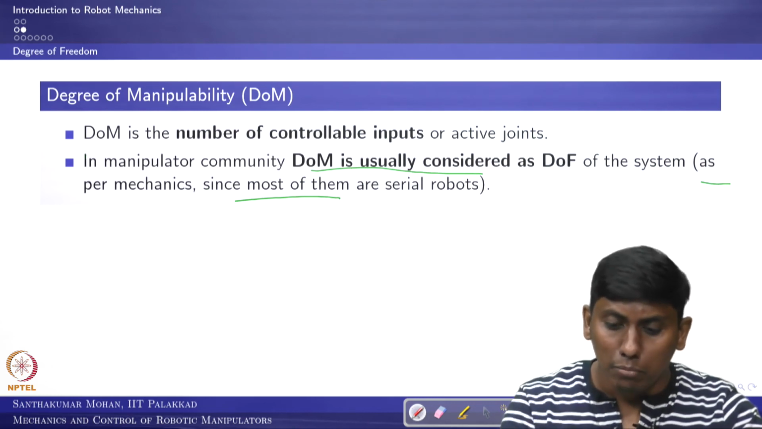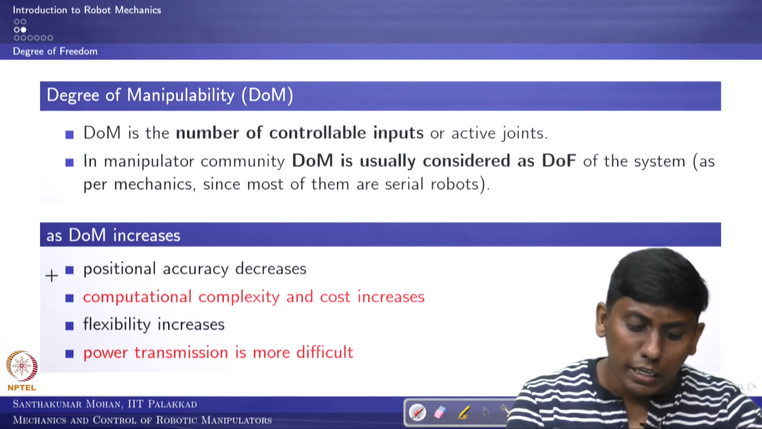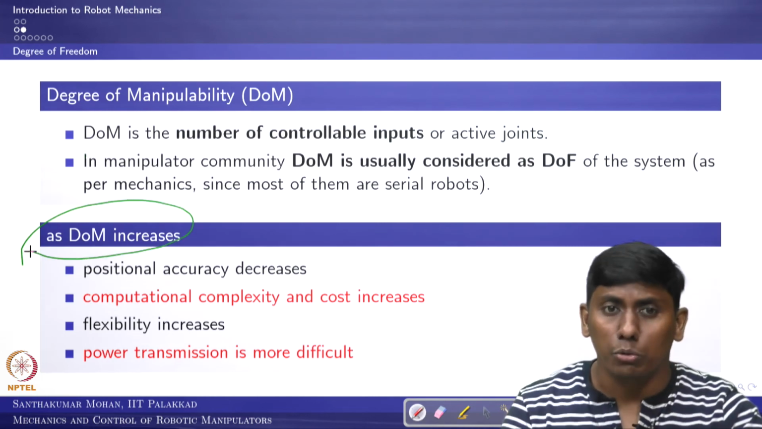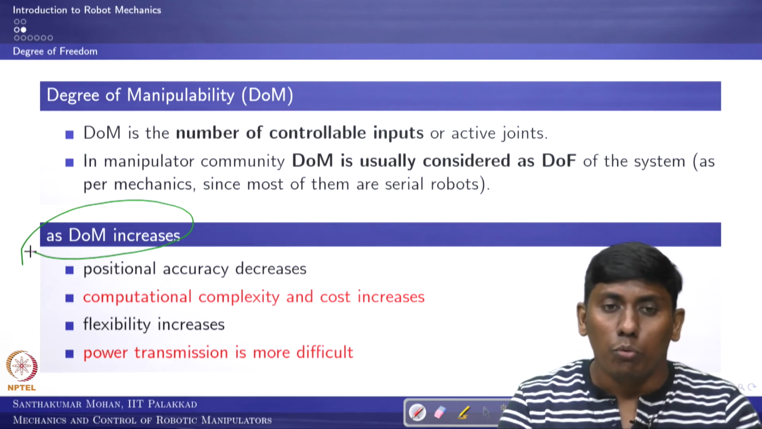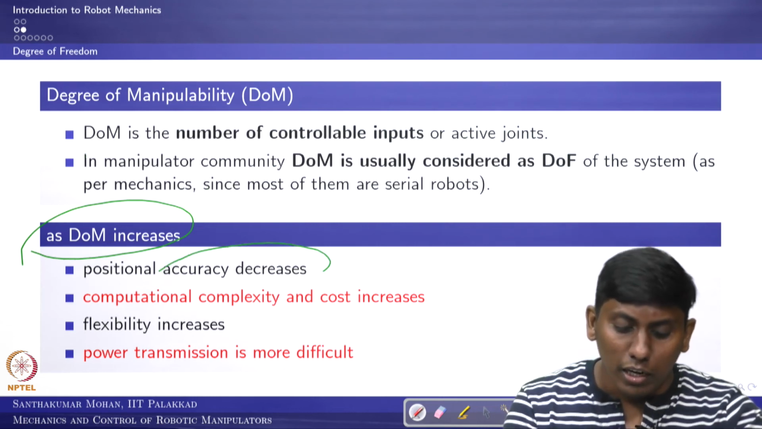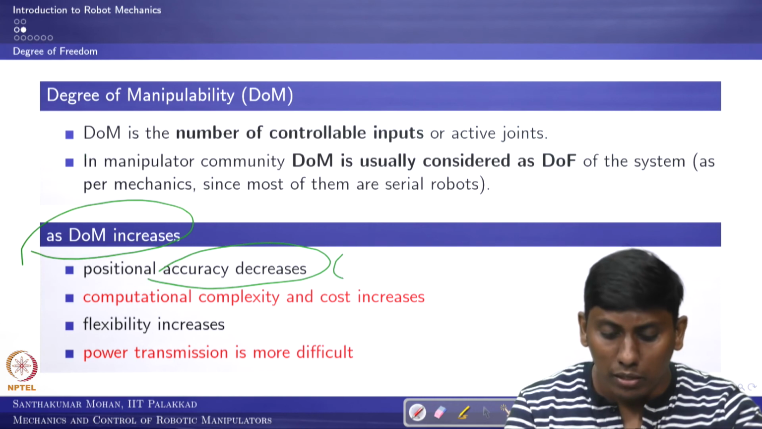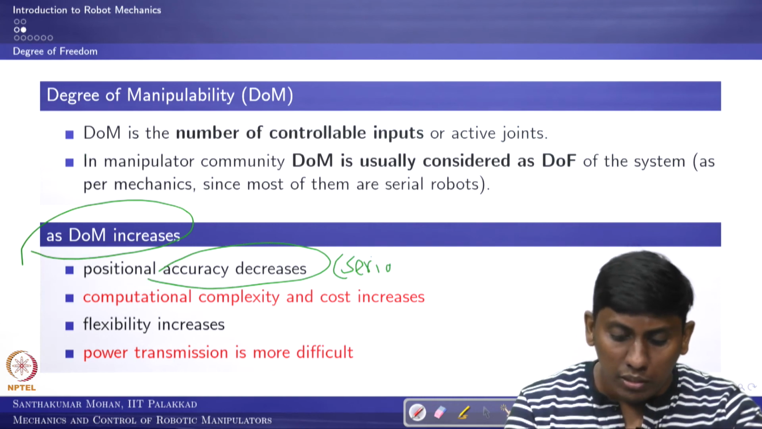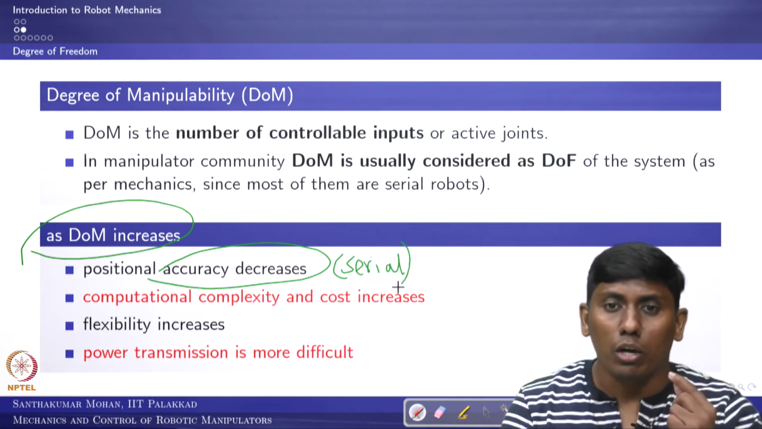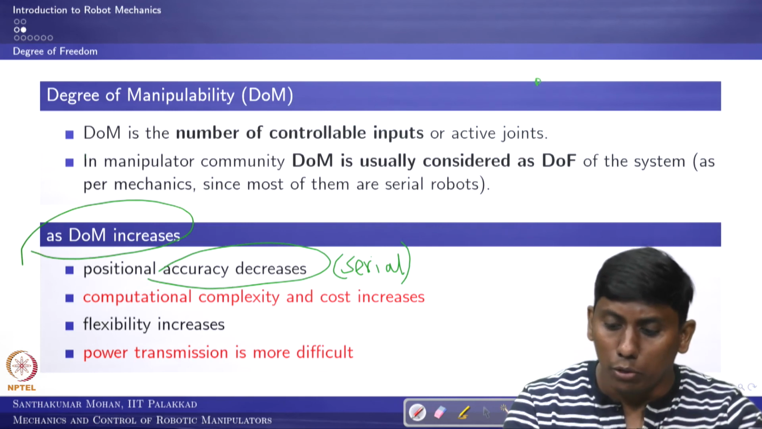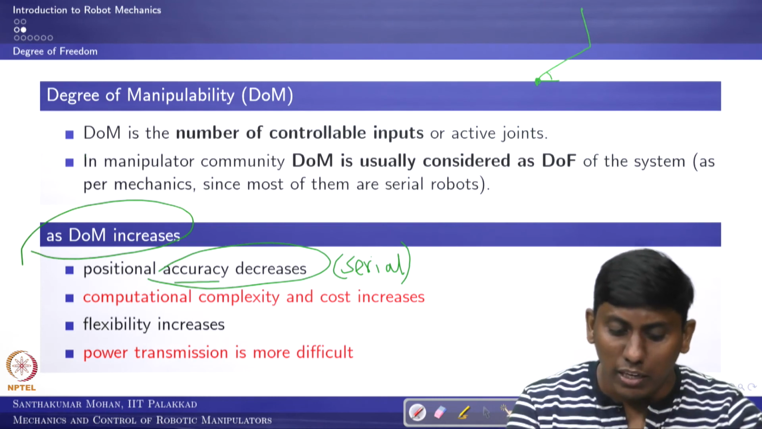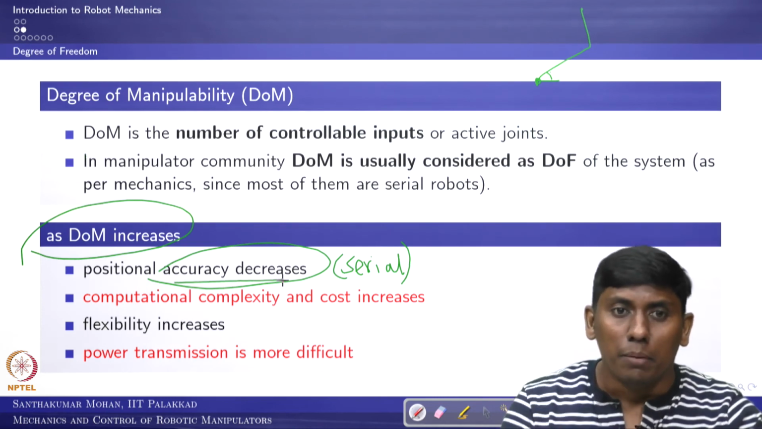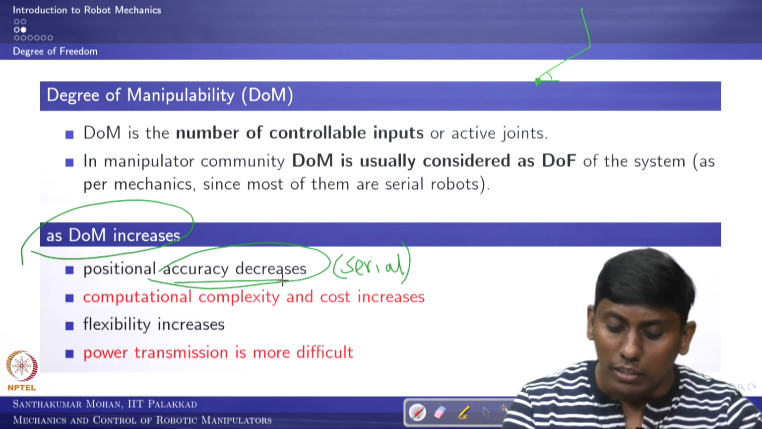So let us move further. If the degree of maneuverability increases, in the sense that you are increasing the number of actuators, the positional accuracy decreases as in a serial robot, because if you have an error in one chain, this error would accumulate further. That is why, if you keep increasing the degree of manipulability,